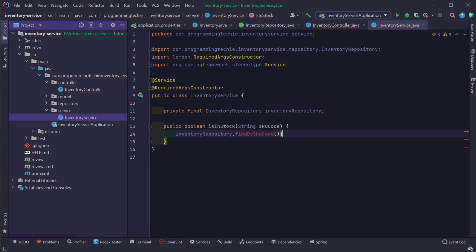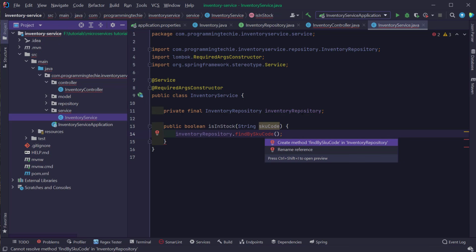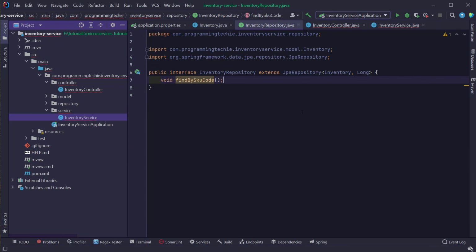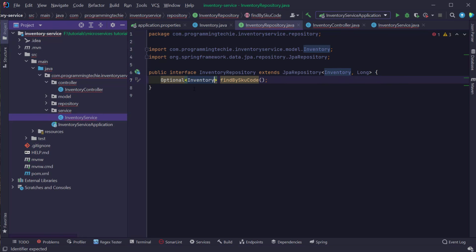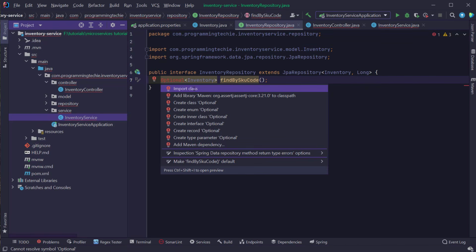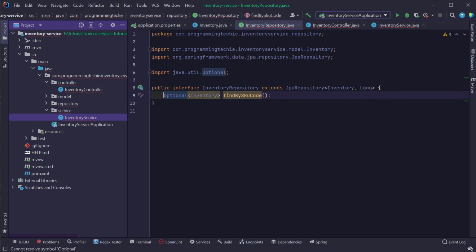So this is going to be an extension method from Spring Data JPA. So I'm going to create this method in the inventory repository. Spring Data JPA is going to automatically implement the logic for this findBySkuCode method. So at runtime, Spring Data JPA will generate the query to retrieve the inventory by the SKU code, right? So this findBySkuCode method should not return a type of void, but it should return an Optional of type Inventory, right? So I'm just going to import the Optional class from the java.util package,